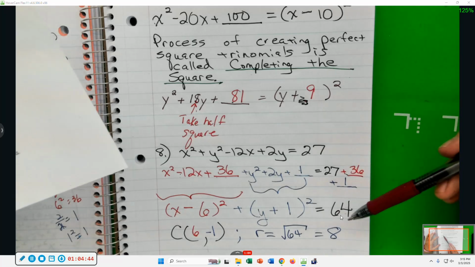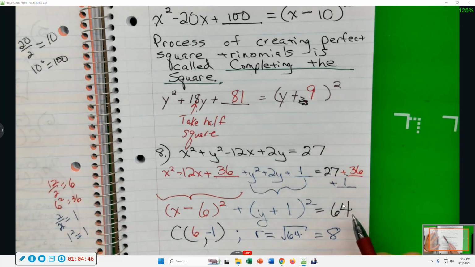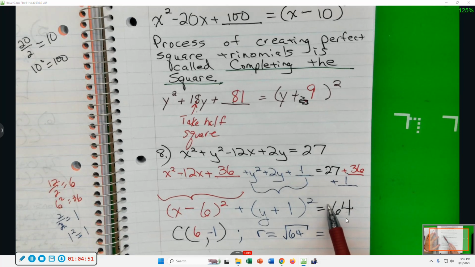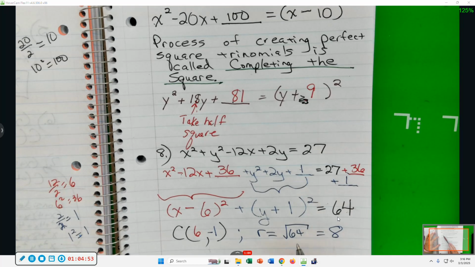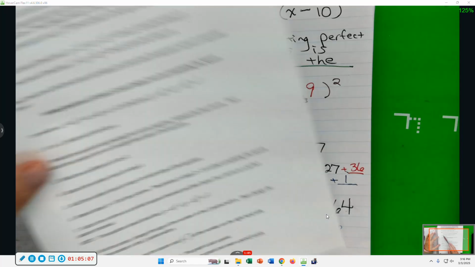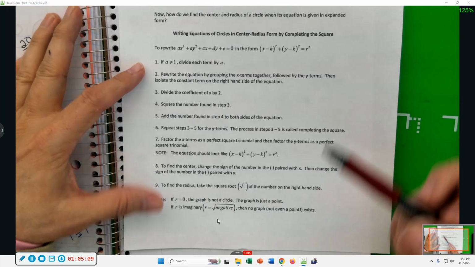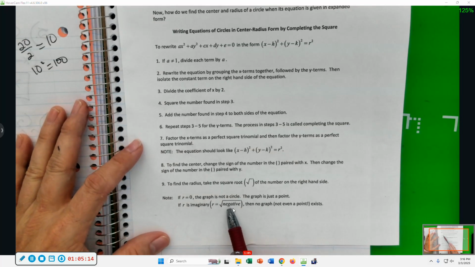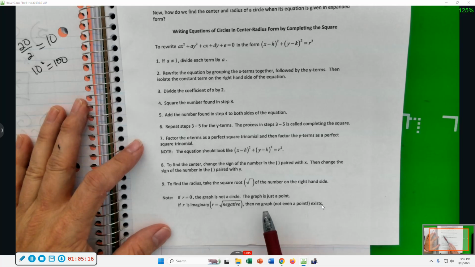Suppose you got it in center radius form, and this number over here, suppose it had been a negative. Suppose instead of a 64, we'd had a negative 64. You try to take the square root, what would that be? What sort of number would you get when you take the square root of that negative 64? The square root of a negative is imaginary. If r is imaginary, r equals the square root of a negative, then there's no graph, not even a